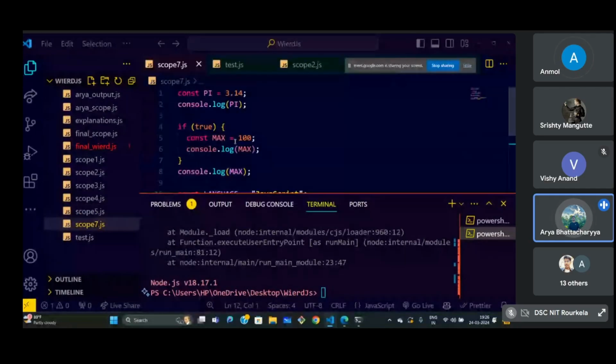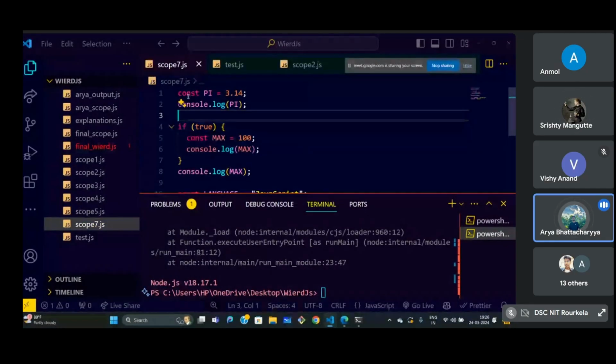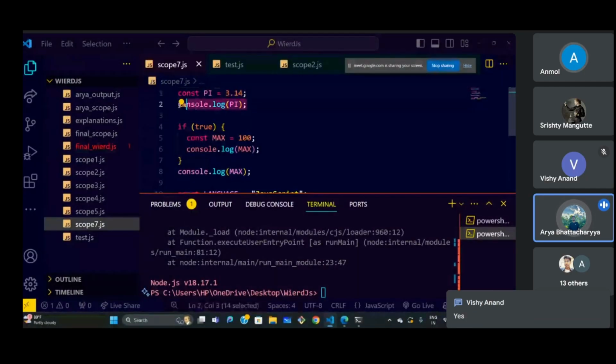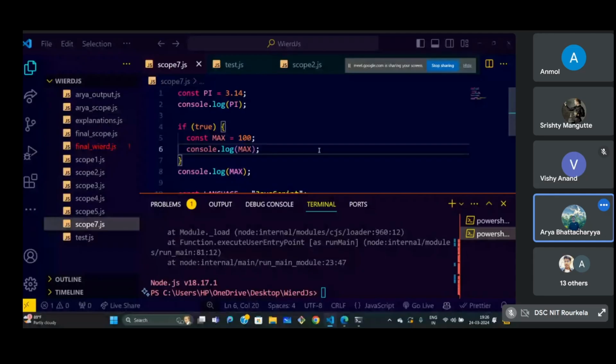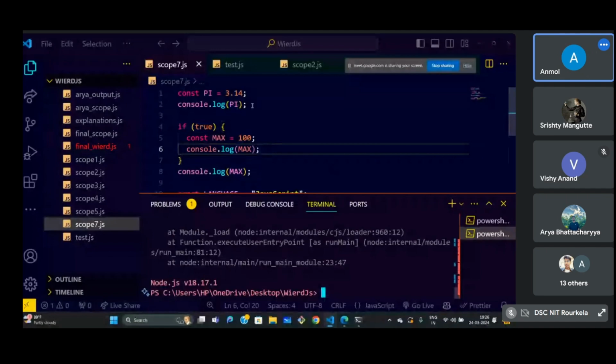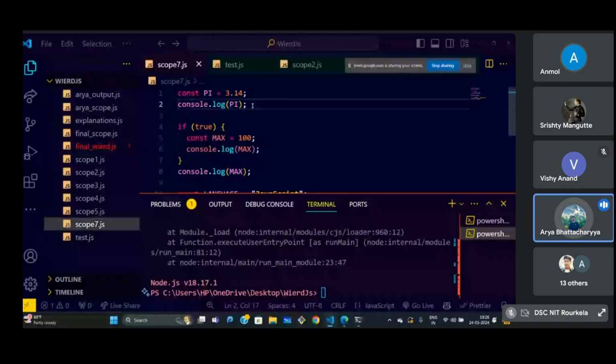अब const, I hope विशी का जो डाउट था वो भी सॉल्व हो गया होगा. एंड अभी const पे आते हैं. const पे एक क्वेश्चन अभी ट्राई करते हैं कि const 3.14 आ रहा है, तो व्हाट वुड दिस कंसोल टर्मिनल पे प्रिंट करेगा, क्या प्रिंट करने वाला है ये. As it is a constant, it has similar scope like let. So var is function scoped, let is block scoped, const is also block scoped.